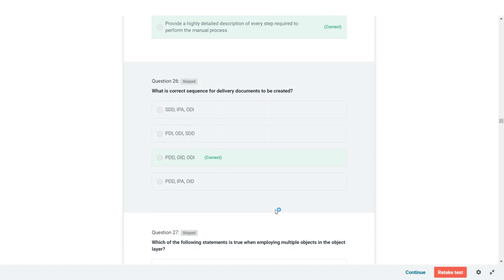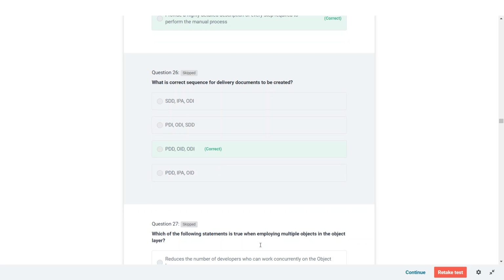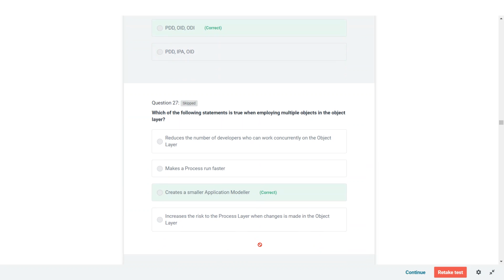Which of the following statements is true when employing multiple objects in the object layer? Okay, reduces the number of developers who can work concurrently on the object layer, makes a process run faster, creates a smaller application modeler. This is the correct answer.